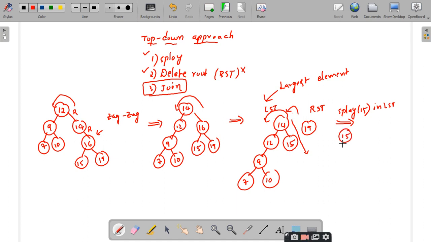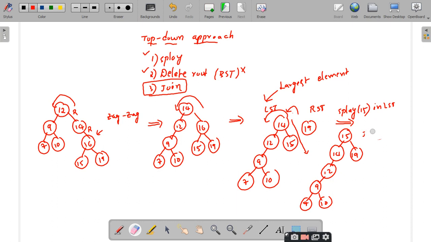So I will get like this: 15, 14, and then 12, and then 9, and then 7, and here 10, and the right subtree remains 19 only, right? Now what you have to do is make this 19 the right child of the largest element from the left subtree. So you just join it. This is called the join operation. Is it clear?